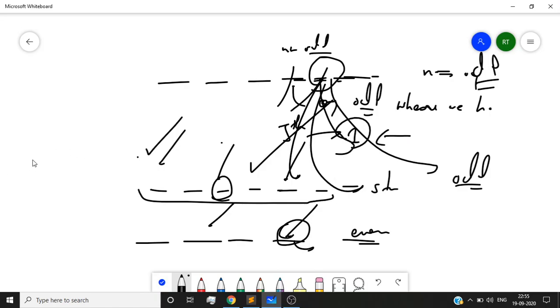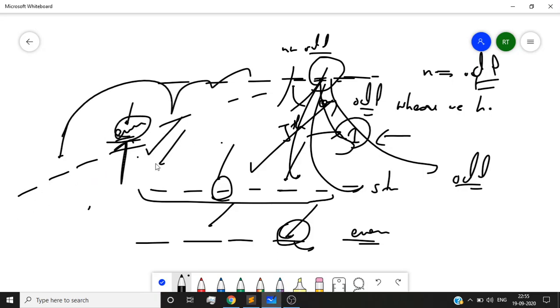Similarly, let's say n is even, and this time I'm Player 2, and I know that the last turn will be mine. So what I would search for is an even element on an even position. Whenever I find an even element on an even position, rather than taking that particular element, I will take all the other elements at even positions. I won't take this element, and at last this element would be the case of a win for me.